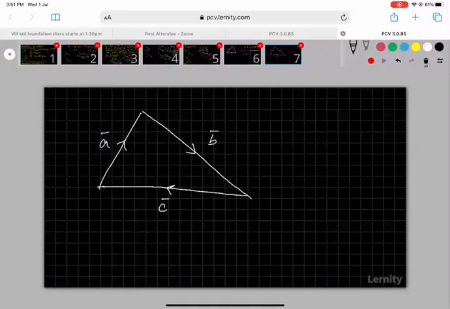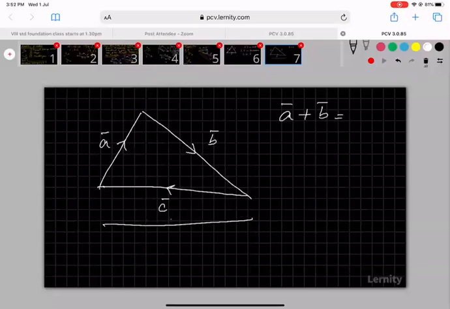See, any two of them are in succession. If you think about it, A bar and B bar are in succession. B bar and C bar are in succession. C bar and A bar are also in succession, right? So any two of them are in succession. So I could say A bar plus B bar can be added using triangle law. But when you try to add A bar and B bar, the resultant vector must be this way. But C bar is in opposite direction. So A bar plus B bar equal to C bar is a wrong statement. However, you could say A bar plus B bar is equal to minus C bar. That is right, is it not?